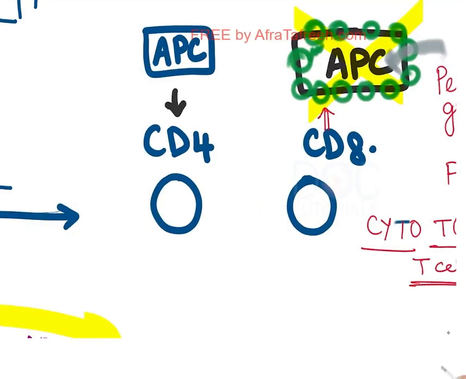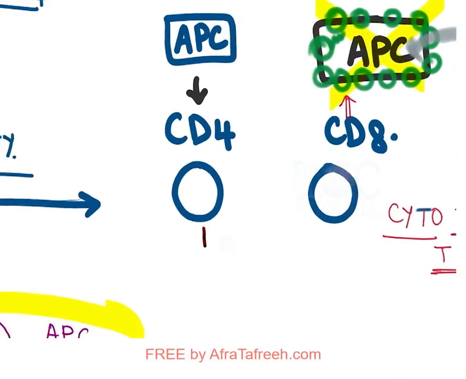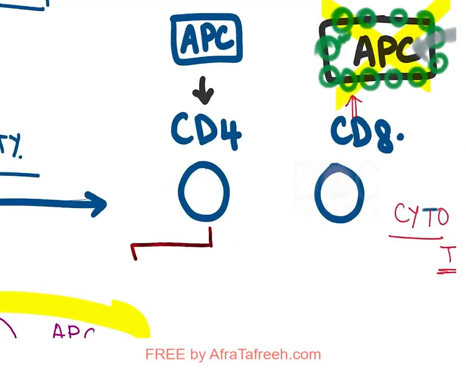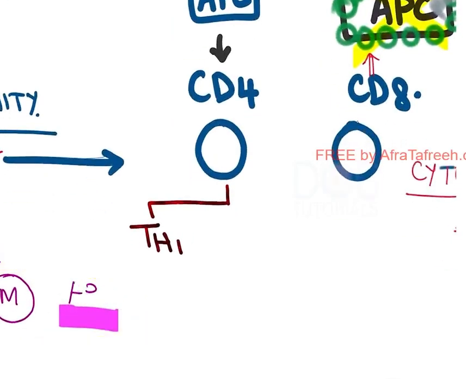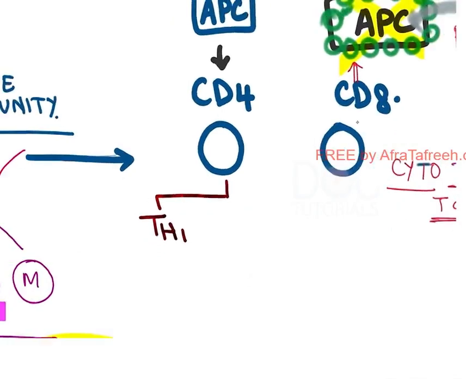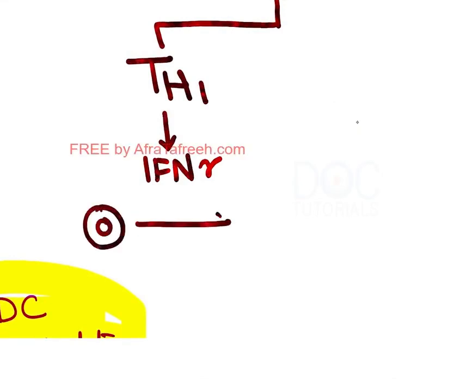Now when they presented antigen to CD4 cells, the CD4 cells were very intelligent. Okay, so Bahubali was very intelligent. He said, tell me which is the antigen you've brought. They said intracellular antigen. He said, okay, so let me change into a Th1 cell. These Th1 cells release interferon gamma. This interferon gamma changes the macrophage with the round nucleus